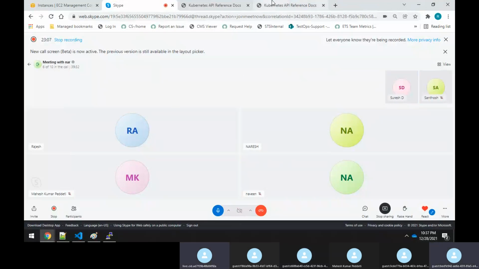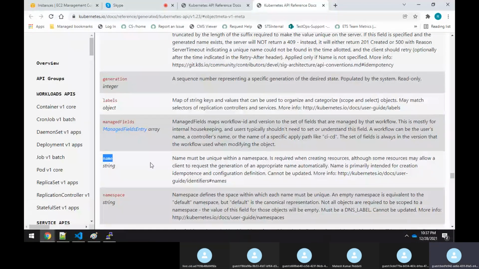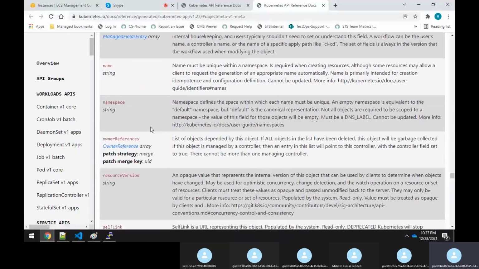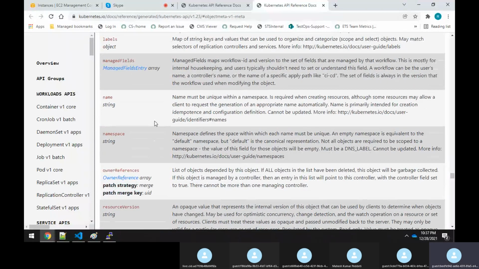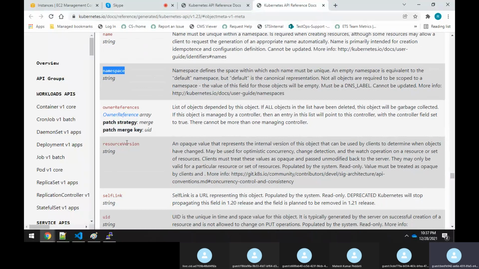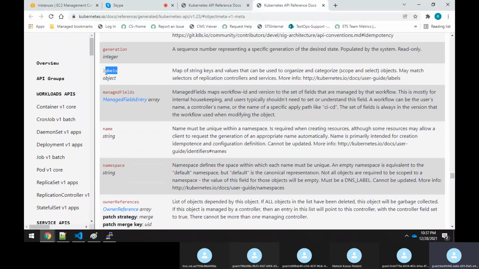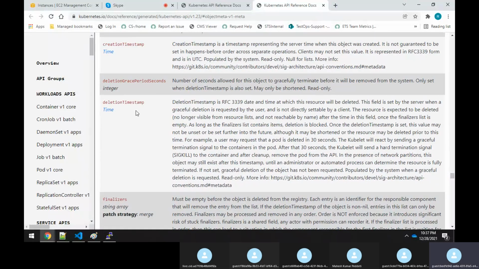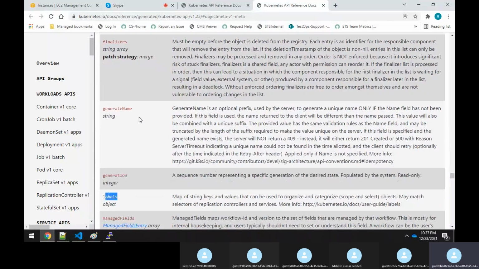Okay. Thanks, Rajesh. So now, you have many things under the metadata actually. But the very important thing in the metadata is the name. If you require, you can specify the namespace, or you can leave it. You can even set the labels also here. And one more important thing here is the image actually.